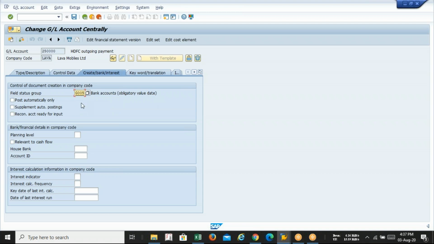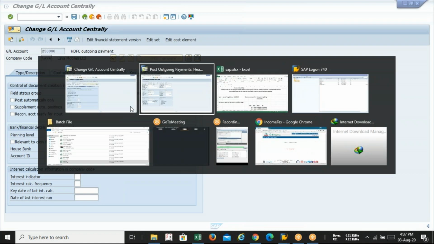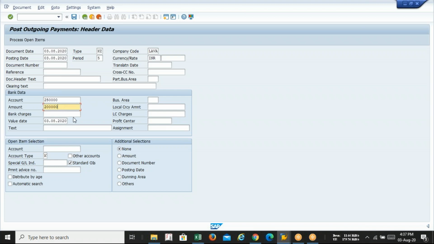So if your GL account contains field status group G005, the value date has to be there. So that's why every time we use the GL of outgoing or incoming payment, we have to select the value date also. Now select the vendor.